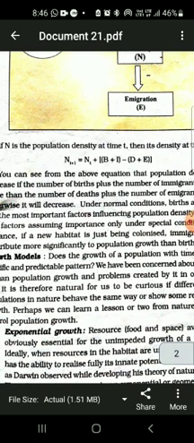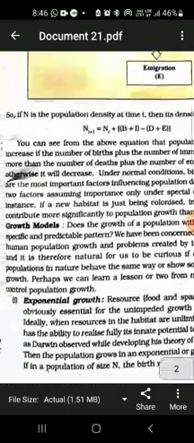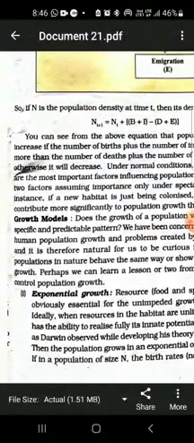And the growing population has two different modes of dynamics. One is known as exponential growth and the other one is logistic growth. If you look ahead in your book on page number 230, there is diagram 13.5. This diagram is showing the two different graphs of population growth. One is known as the exponential growth, and the other one is the logistic growth. Both are depicted by A and B.